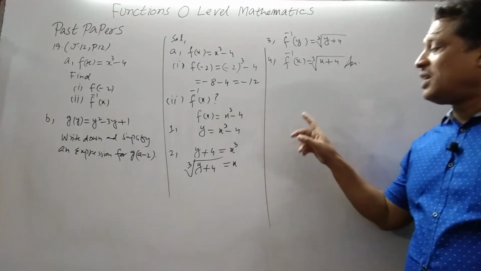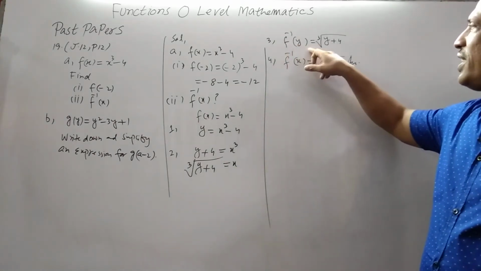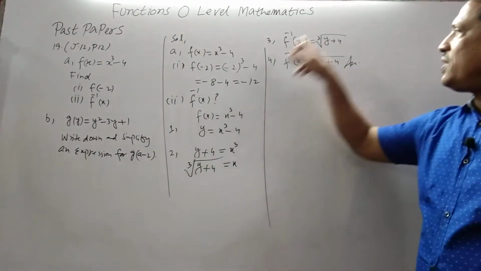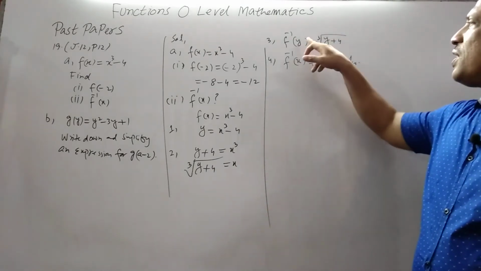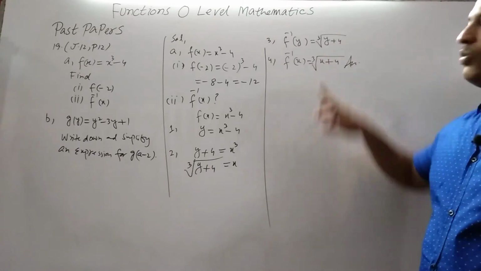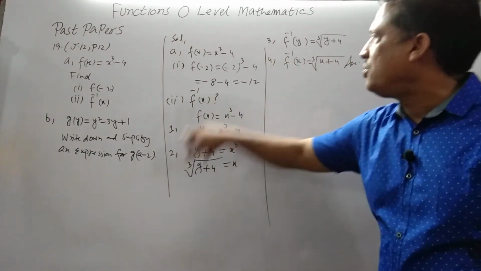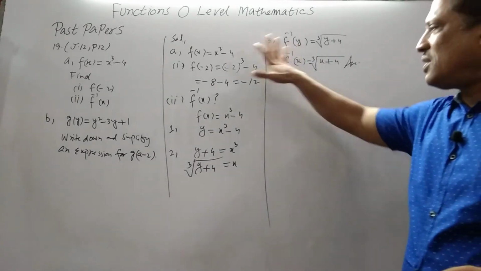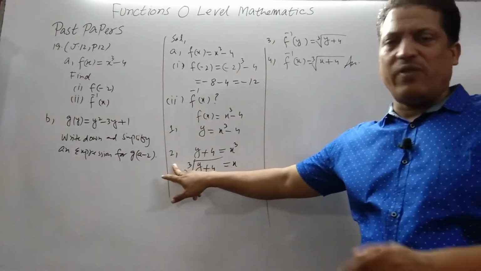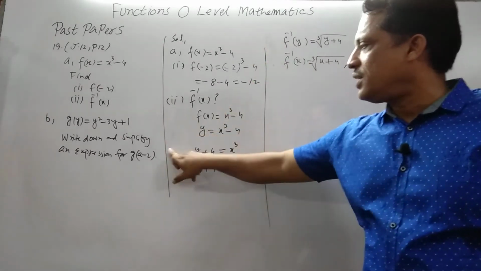The third step is to replace x by f inverse y. So f inverse y equals the cube root of y plus 4, and the last step is to replace y by x. So f inverse x equals the cube root of y plus 4. I hope you completely understand. Don't write 1, 2, 3, 4 in the exam. I am just giving it to you in the form of steps. This is 1, 2, 3, 4. You can rub this out. So this is your answer.